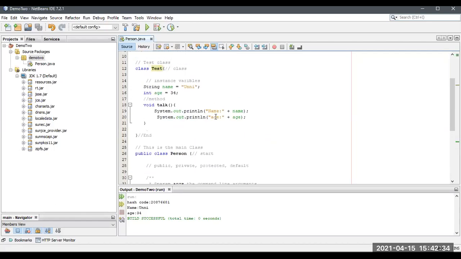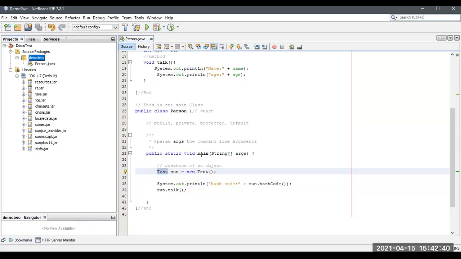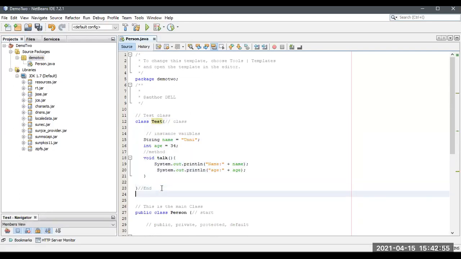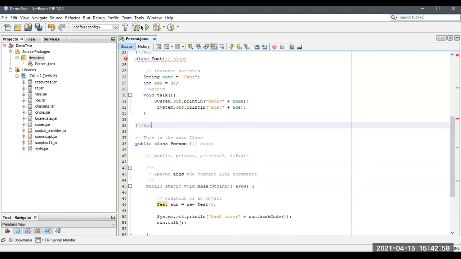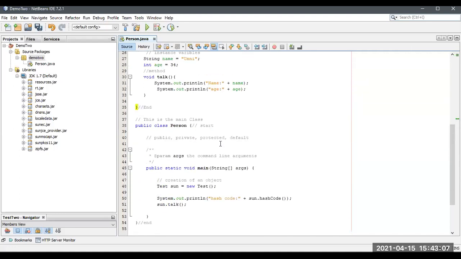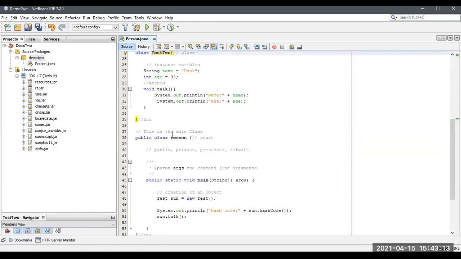This is the test class which doesn't have a main method, and this is the main class. It is having a main method. So when you are going to write classes inside the same program, only one main method will be available. Let me show you. I just created another one. This is the test already available. Okay, we'll call it test 2. See this, but we should not mention another main method inside this. There can be a number of classes inside the same application or program, but there should be only one main method.